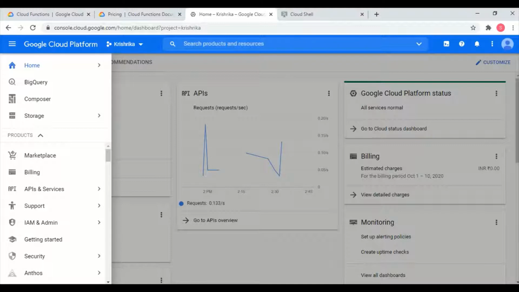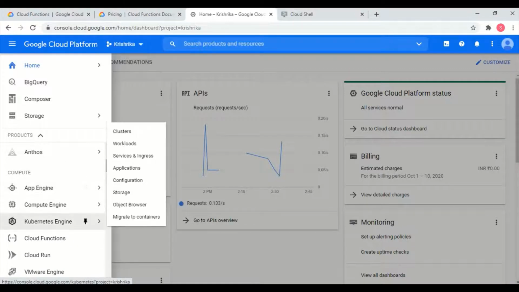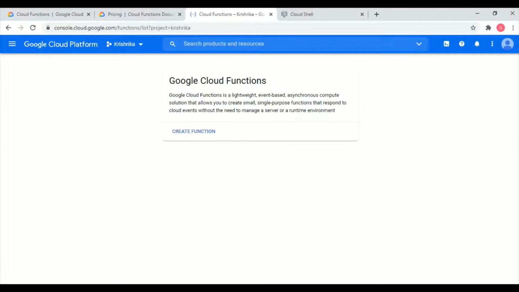I just want to show you the functionality that can be wrapped up in a Google Cloud Function. So think in that way. That is the functionality that I want to execute in Python. So I will go to the compute section of Google Cloud. Inside compute, Google Cloud Functions, create function.